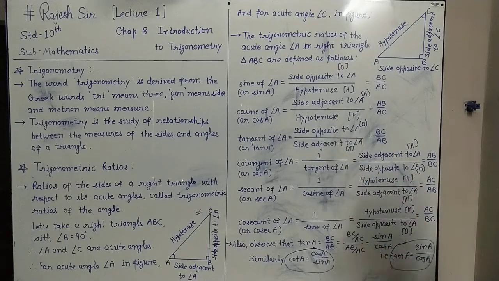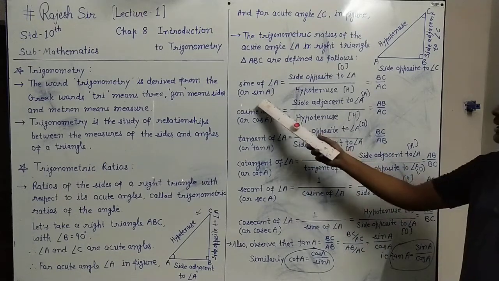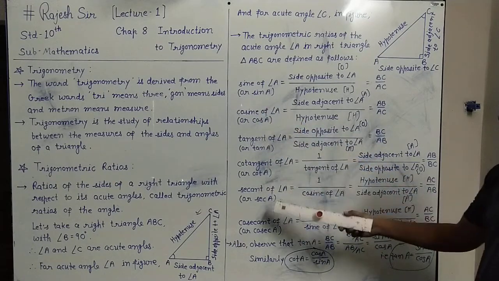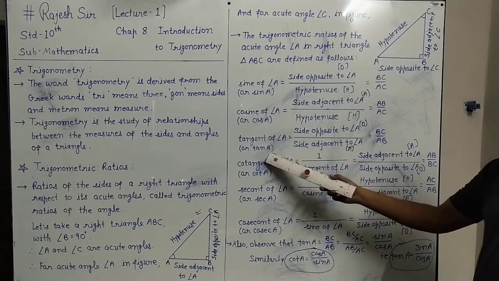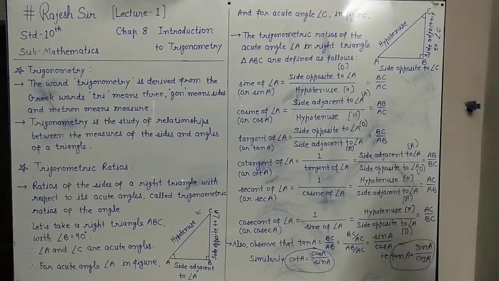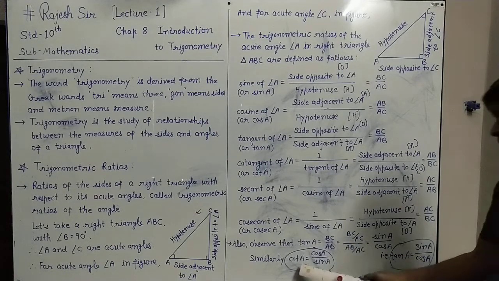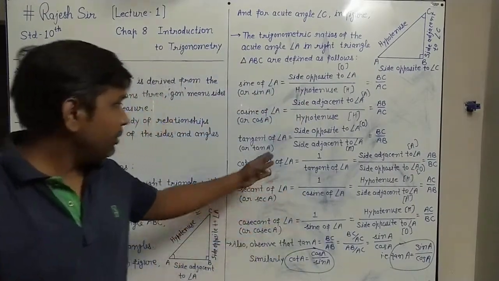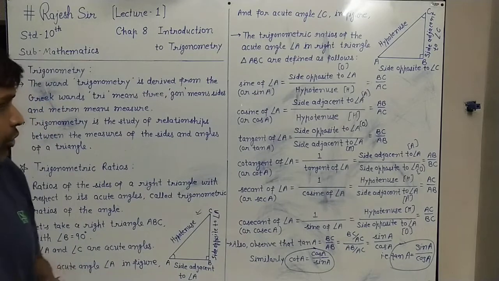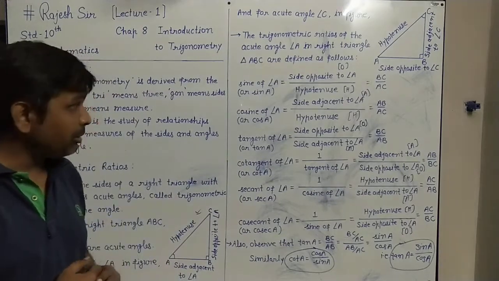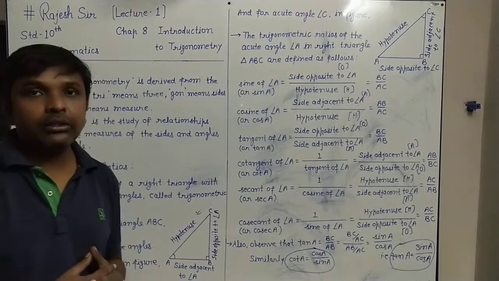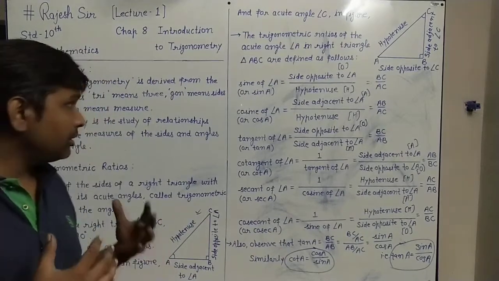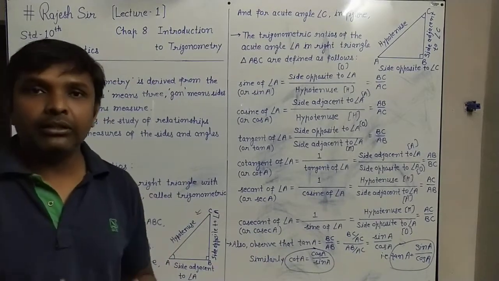And this way we have the trigonometric ratios, and in between we have also understood the relations: sine A is the inverse of cosec A, cos A is the inverse of sec A, tan A is the inverse of cot A, and moreover tan A equals sine A upon cos A and cot A equals cos A upon sine A. This is all the formulas related to the right triangle, and the interrelationships between the trigonometric ratios we also have to understand and remember. So write it 2-3 times, understand it very well and remember it. In the coming examples we have to use it, and if we remember this, it will be easy to find the ratios. Thank you.